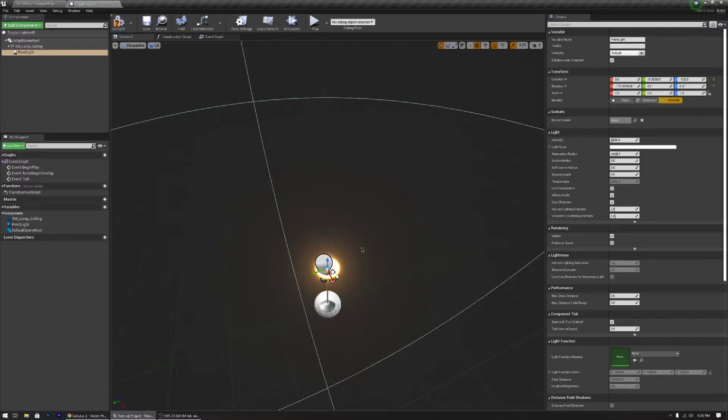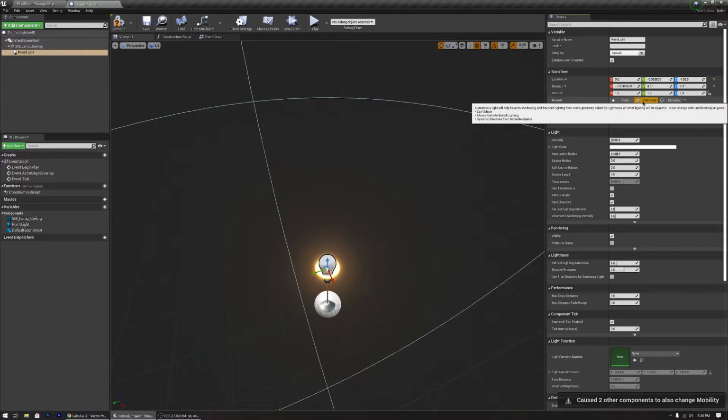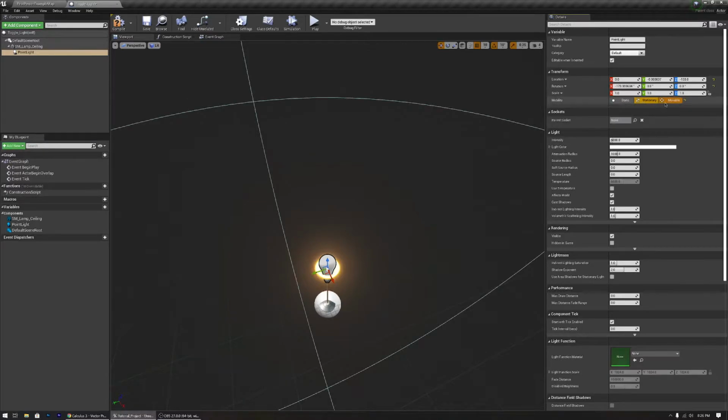Anyway, so this is just the very same details panel that was on the other page. So I'm going to make this stationary. We can make it static, but since this object is going to be turning on and off,